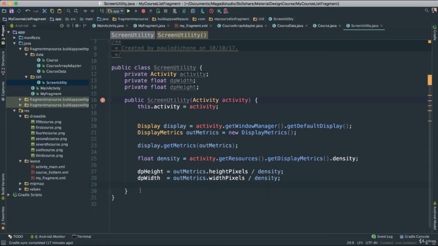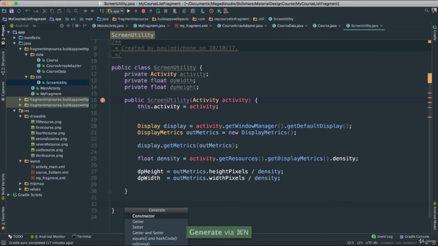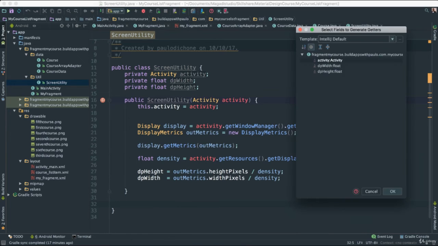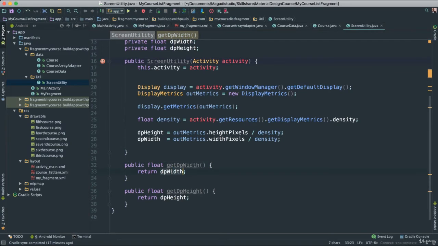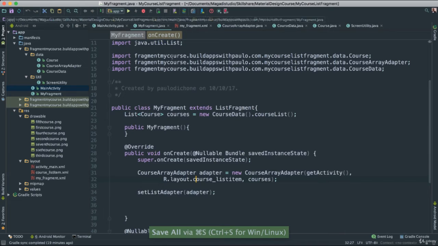Okay, and I'm going to put a few getters here. So Command N. We'll just do some getters. I'm going to do getters for dp height and width. So what this will do, as you see, will return dpWidth and will return dpHeight for us. Okay. So now if I go to my fragment here,